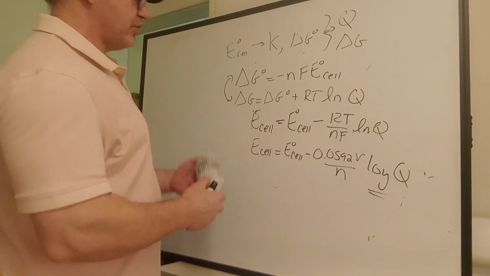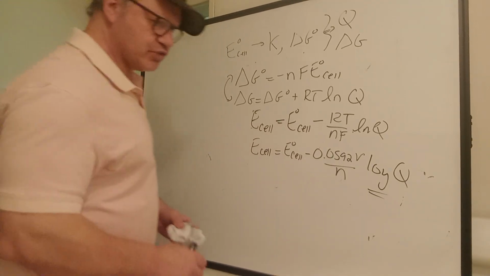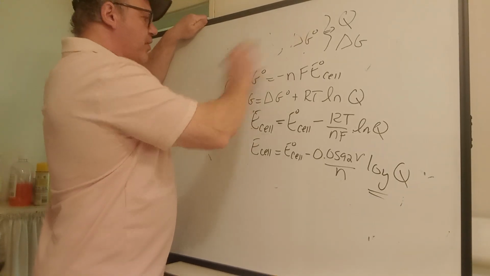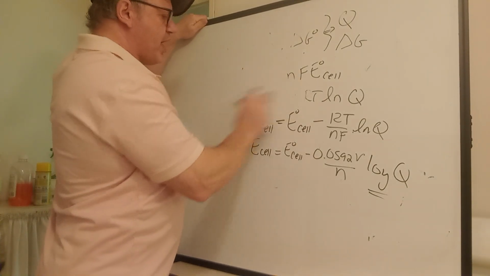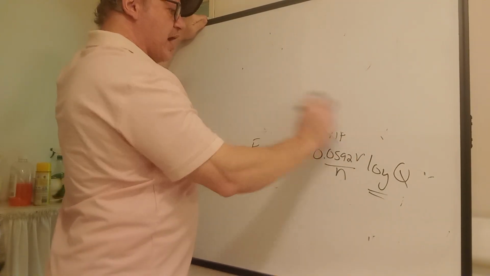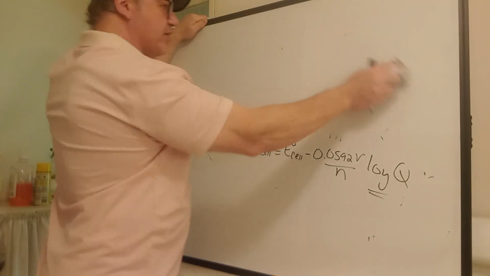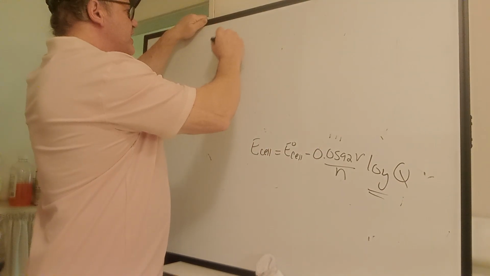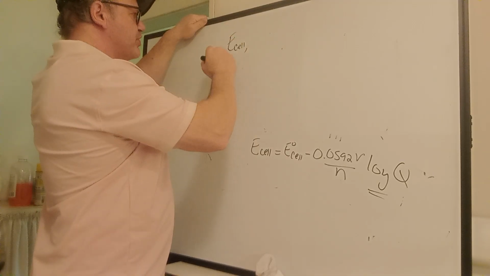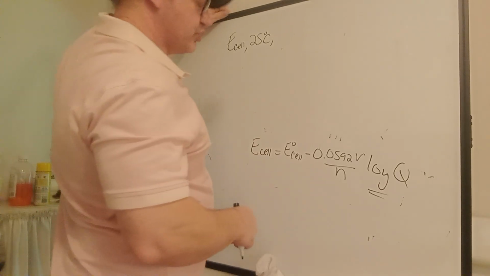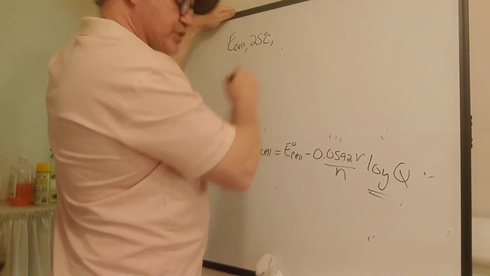So let's use this equation. This is written on page 15 of your notes, and I'll do a skill builder that's in there. Once I set it up, if you want to try it on your own first, and then finish out the video, you can stop in a few seconds when I write down the conditions, or just look at the skill builder and try it on your own. So we want to calculate E cell. We're at 25 degrees Celsius, I'll say. We can use this equation. Usually on the test I put that in there. We'll say this, we have